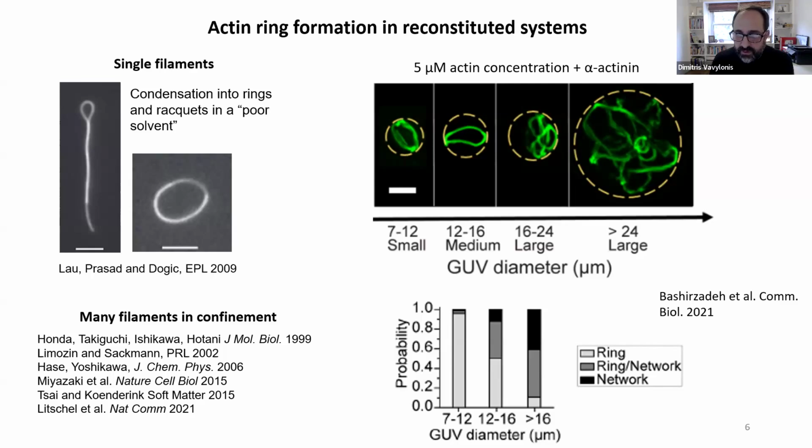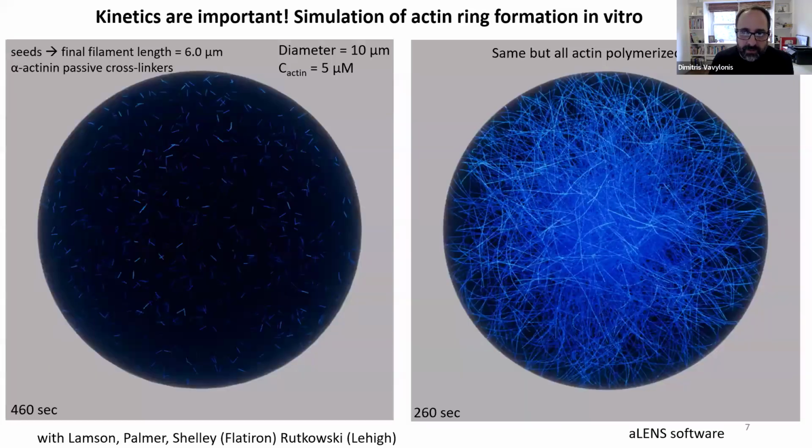Okay, so could the ring formation in yeast then be as simple as the approach to equilibrium of a bundling actin filament system? So it turns out it's not as simple. And I'll just make a note that kinetic effects are very important in these systems,